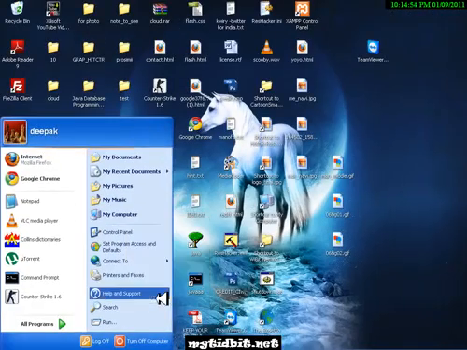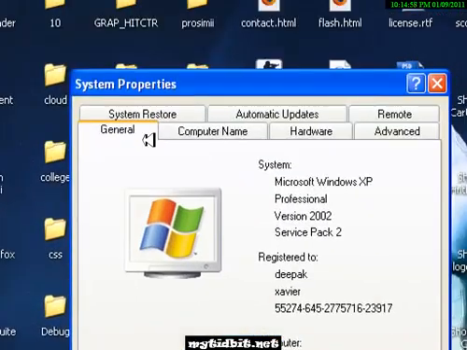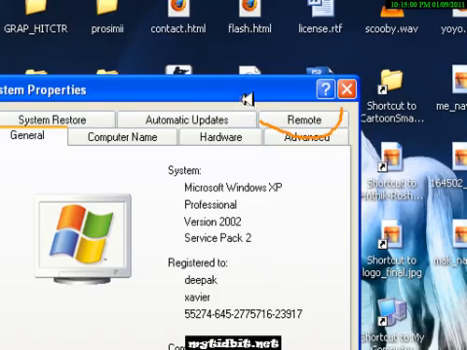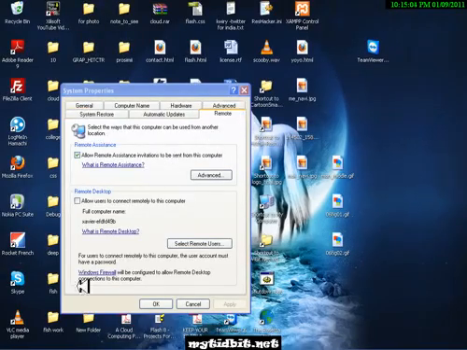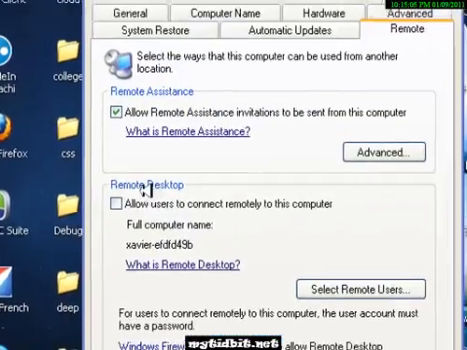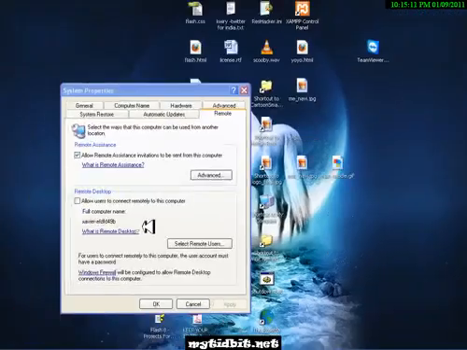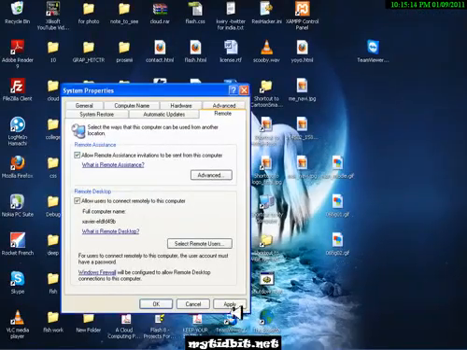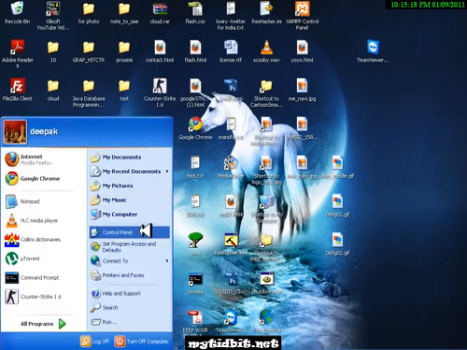I'm going to click Properties, and this window gets popped up, and here go for this Remote option. Just click on this Remote. So here there's a checkbox, allow users to connect remotely to this computer. Just make sure it's checked and click on Apply. Okay, and then again go to Control Panel,